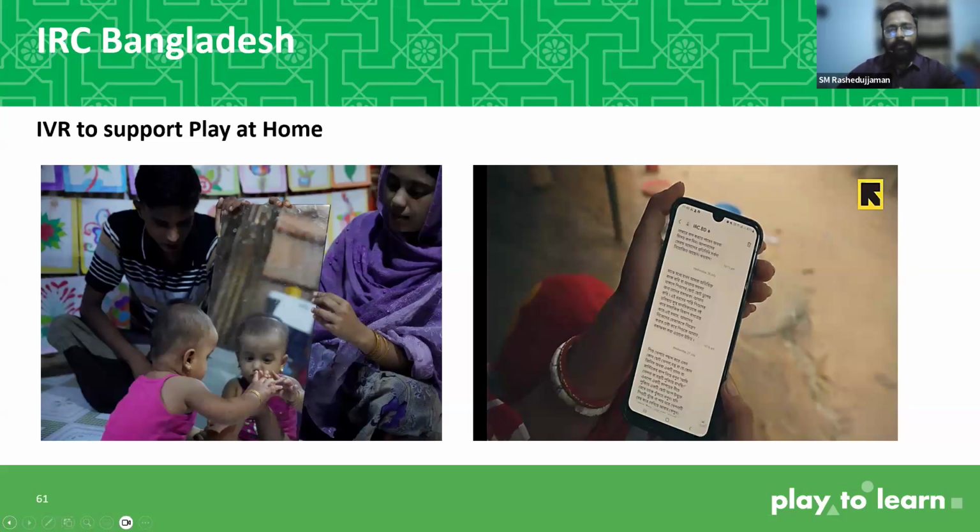Actually I was going to talk about one of our resources, that is the low cost and no cost material development guidelines. As Saiful Bhai was saying, we are providing play instructions through the IVR messaging, and in the refugee context it is very difficult sometimes for the parents and caregivers to purchase toys and play materials from the local shops. Sometimes it's costly for them. So we tried to figure out how we can support the parents and caregivers on that.